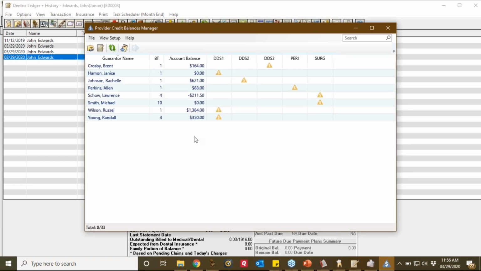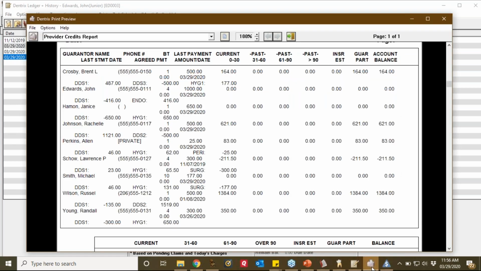This would be the same list as this report. It shows you exactly the same things, only in the old way you have to work off of this printed report and go to each ledger individually